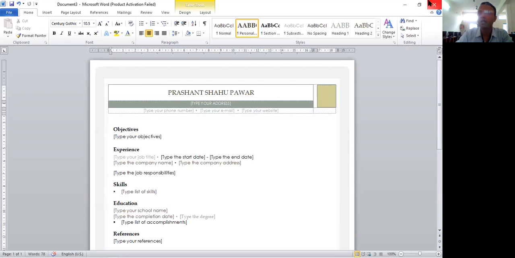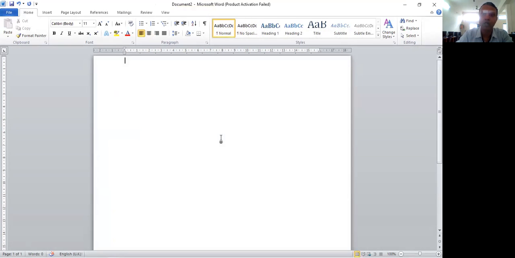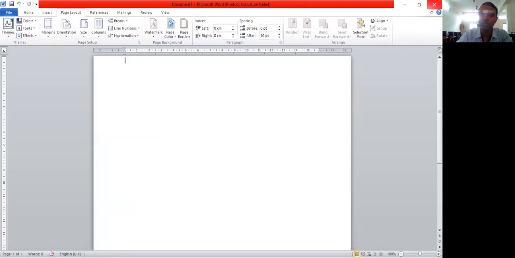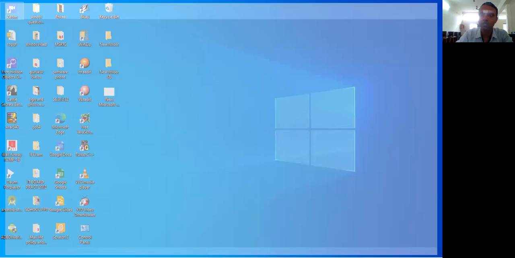Okay, again there is a second method to start the blank document or to change the layouts. Let's see the second method.